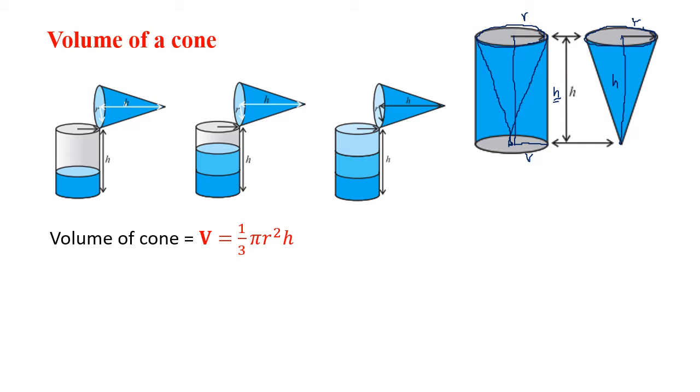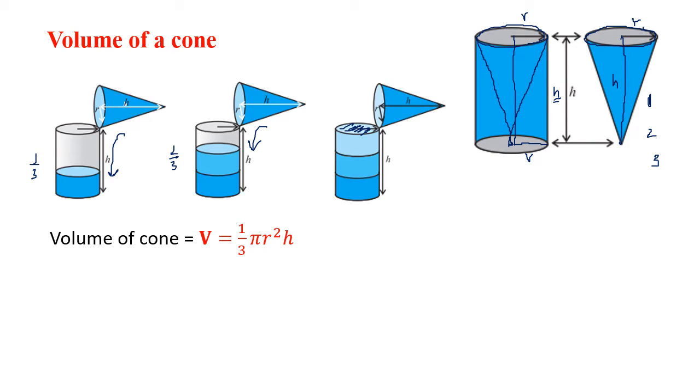The radius of the cylinder and the radius of the cone are the same. Now what was seen? I fill this cone with water and pour the water into the cylinder, and it was seen that one third of the cylinder is full. Again I fill this cone a second time and pour it into the cylinder, then two-thirds of the cylinder was filled. And when for the third time I fill the same cone and pour it into the cylinder, then the whole cylinder is filled to the brim.